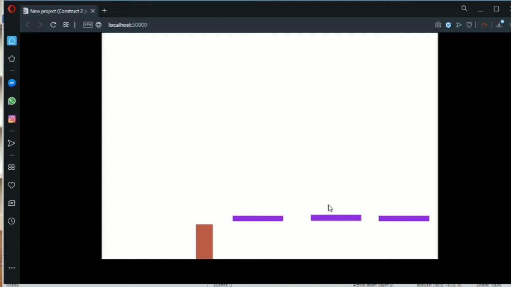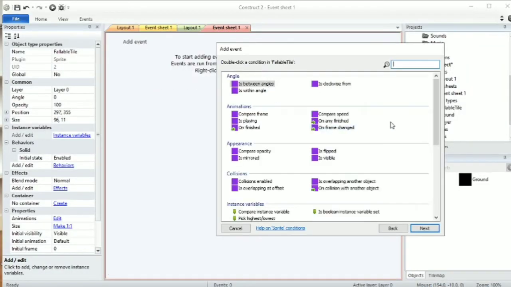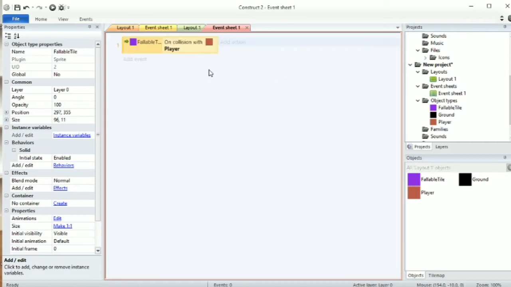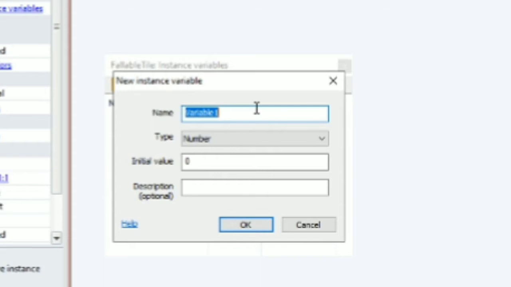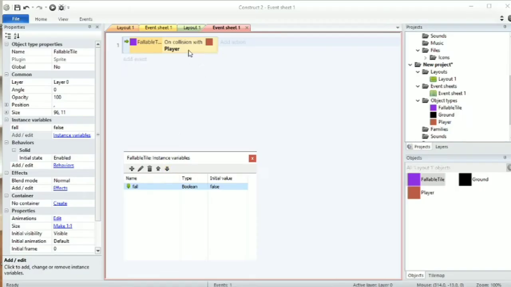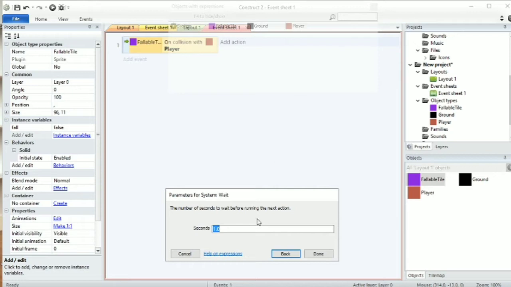So here on the event sheet, if I want to make the player collide with the fallable tile, we want to set the fallable tile variables. I'm going to set fall to false, and then if the player collides with this tile, we want to set the fall to true and make it fall. So here, if it collides, I want to wait about 2 seconds,